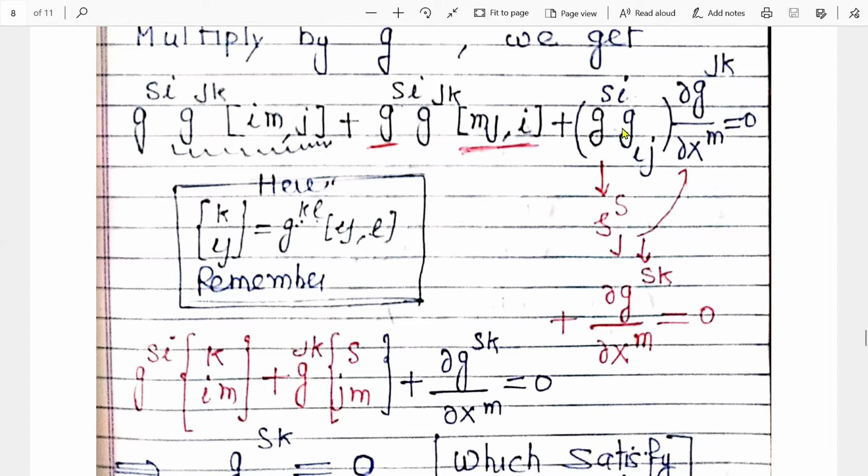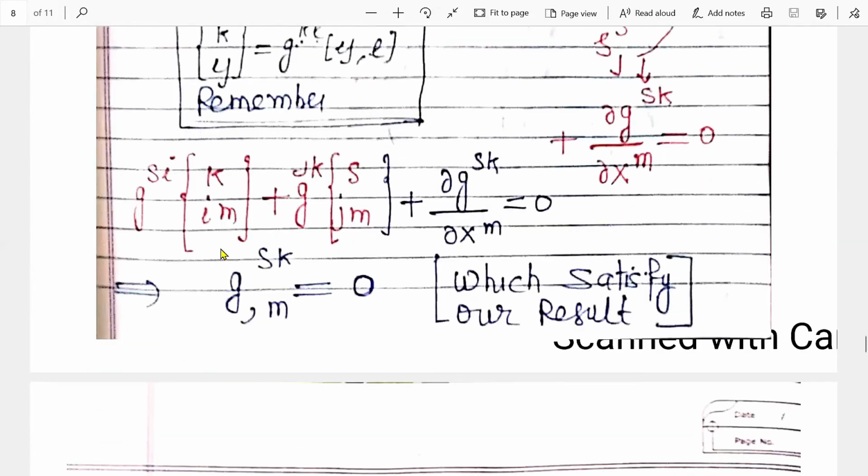Now here, when we take the product of the third term, I is common, then it converts into Kronecker delta S and J, right? So S and J, it means it will be 1 when S is equal to J. So here J is equal to S, so this will be curly G SK by curly XN. So this is the third term. So it is the first term, the second term, the third term.